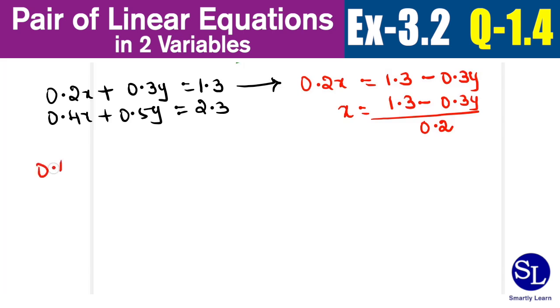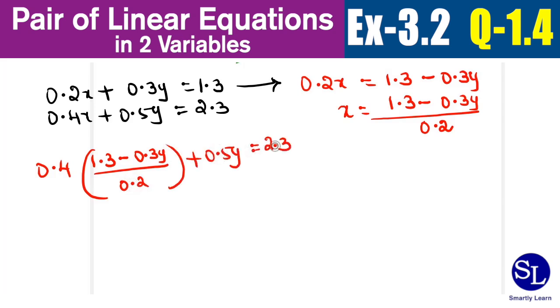So this is going to be 0.4 into, I'm substituting this big value of x here. So it is (1.3 minus 0.3y) divided by 0.2 plus 0.5y is equal to 2.3. Now as I said, this 0.2 and this 0.4, I'm striking it. This is 2 times. So now let's do the 2 into 1.3, which is 2.6 minus 0.6y plus 0.5y is